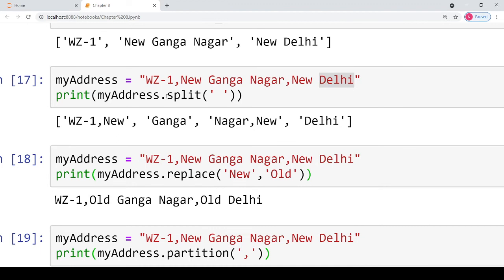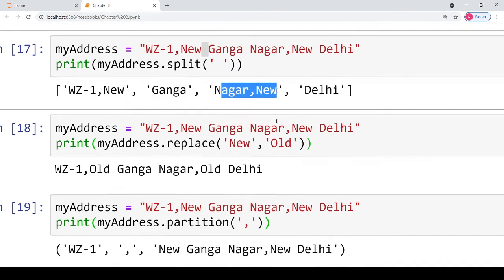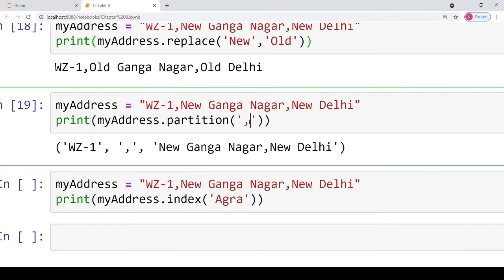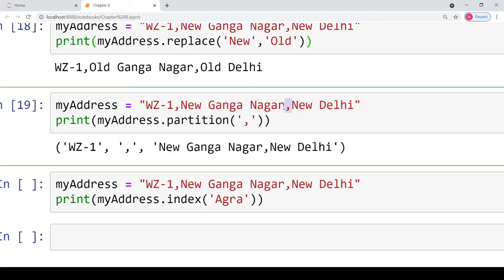See, the split function will break the original string every time the split separator is found in the original string. So every time a space was found, it was creating a new value in the list. But in case of partition, this is not the case. In the case of partition, the first time the separator is obtained, the remaining string after the separator will be considered as the third return value completely. There will be no further new value created, even if the separator is present again.